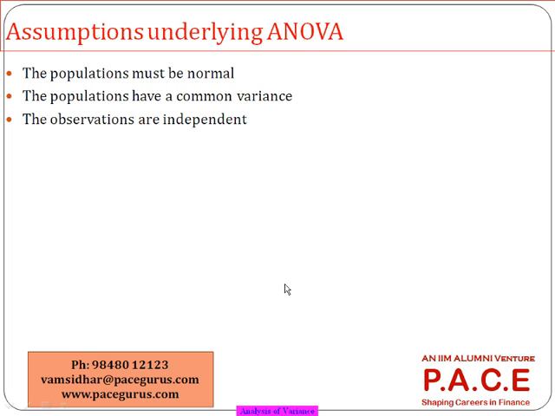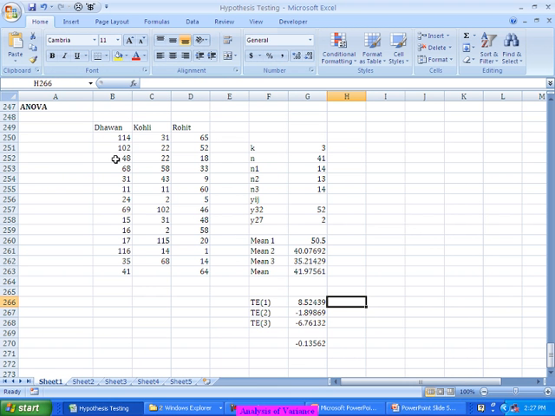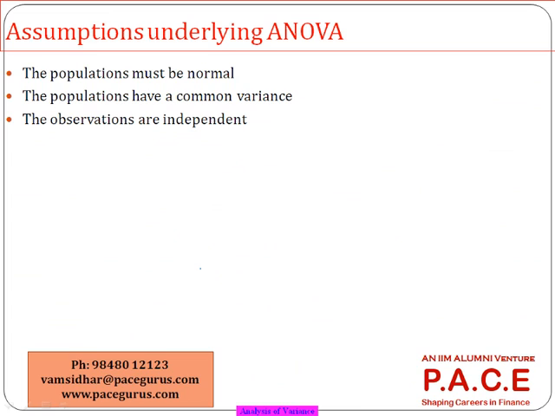The populations must be coming from a normal distribution. So I'm assuming that the data I picked up for Dhawan, Kohli and Rohit is coming from a normal distribution. The variance for each of these three sets of people is more or less the same. Only in these cases, the ANOVA